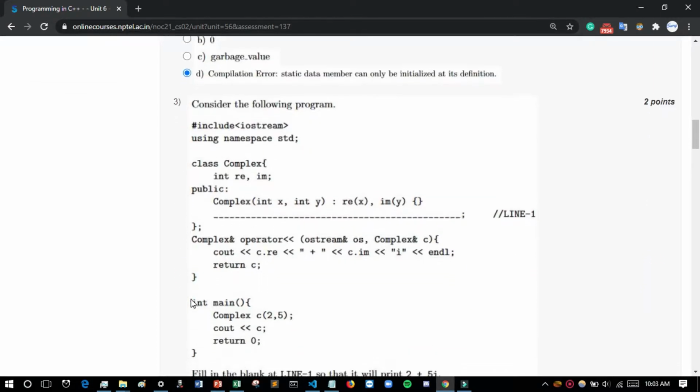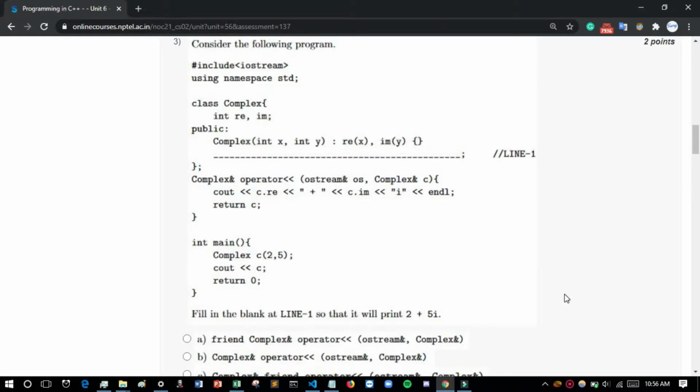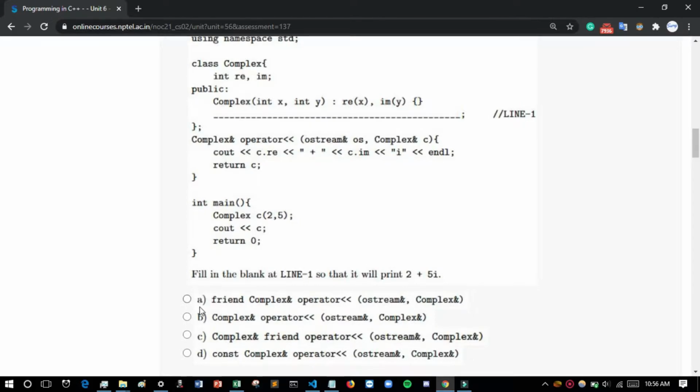Okay, now for question 3, it has been said that we have to fill up line 1. In this line 1, if we write only option A it will run, and the other 3 options will give an error. If you try to run it yourself you can.